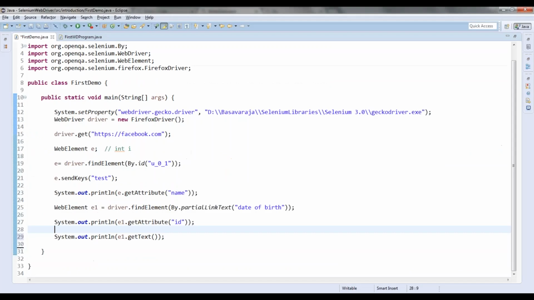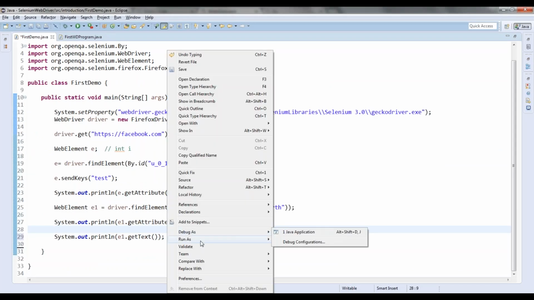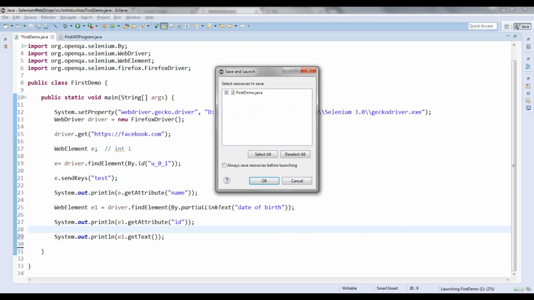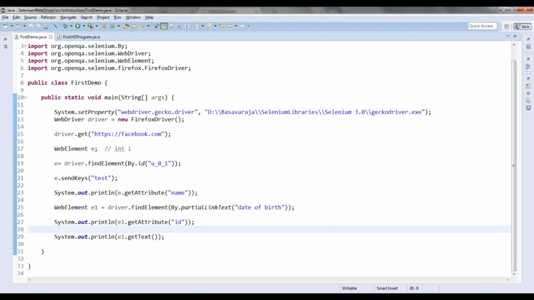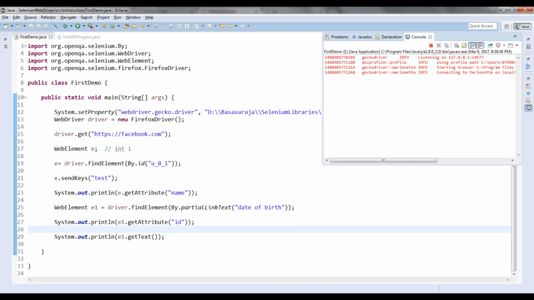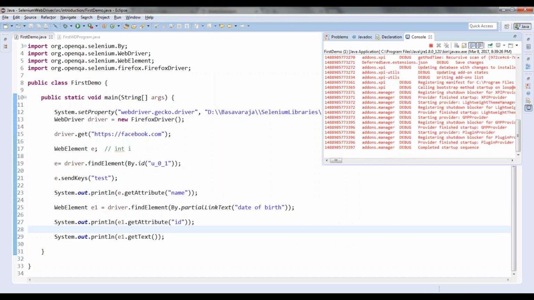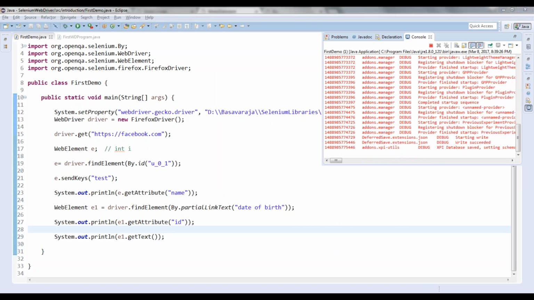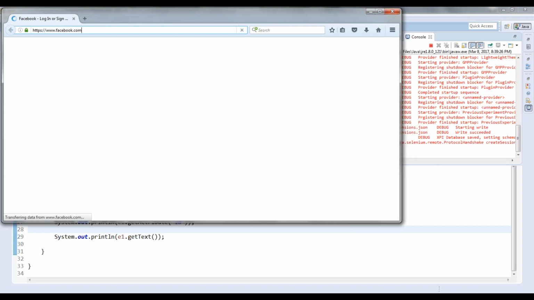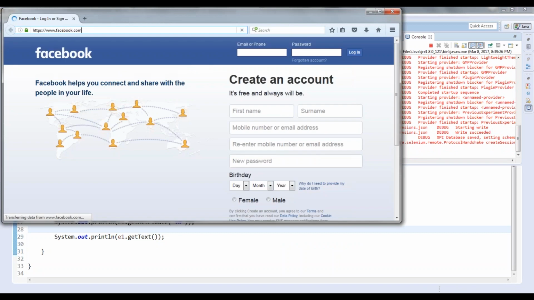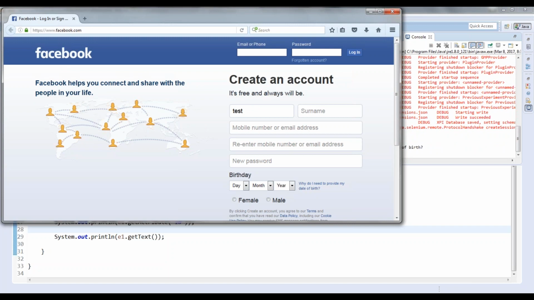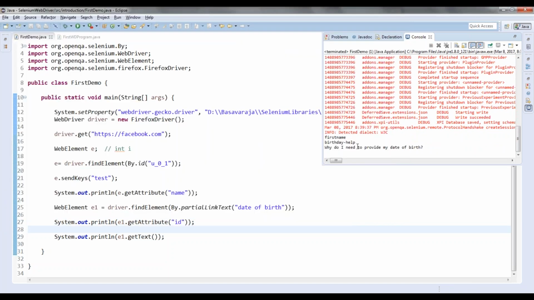So let me run this and let us see what it gives me. It is not saved, I am saving it. You can see here, what is the attribute?